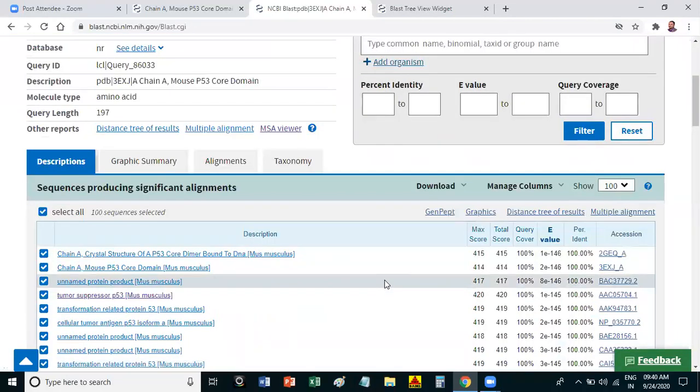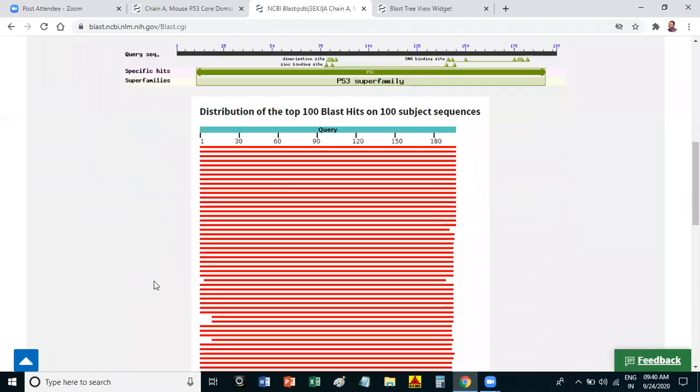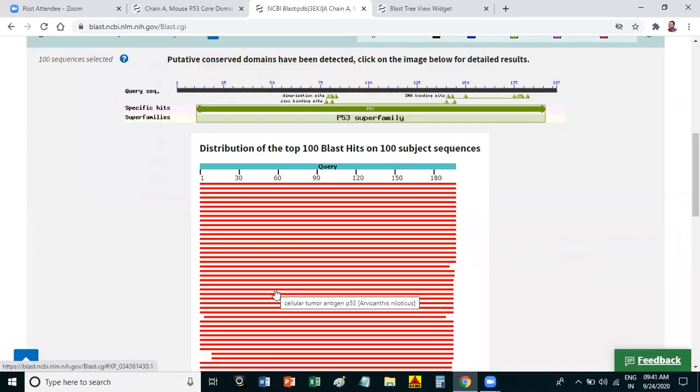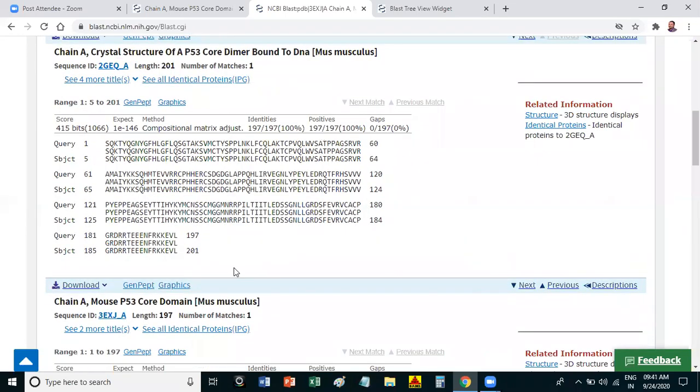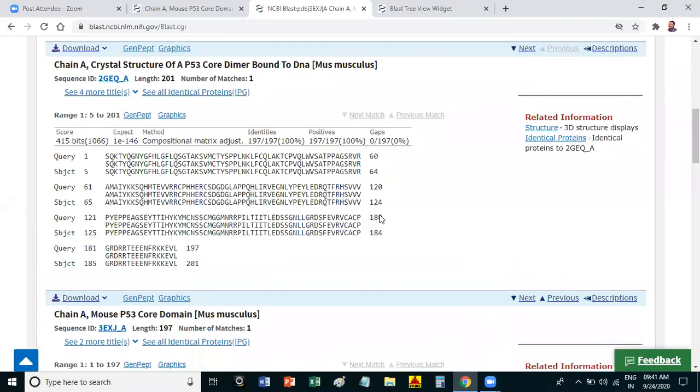You can also go through options like graphic summary, which will show you all those sequences in particular colors. Then alignment will directly show you the sequences with subject and query alignments.